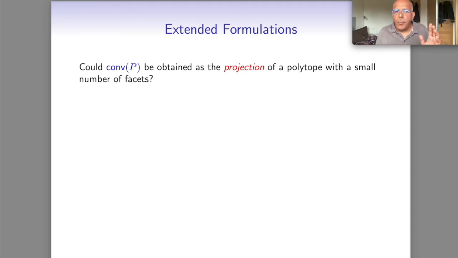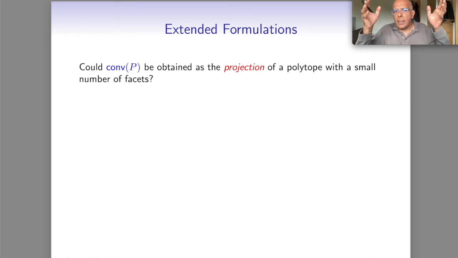Okay. The direct attempt to encode the traveling salesman problem as a linear programming problem leads to this exponential blow up. But that's not what people were trying to do. There's a more subtle way of turning it into a linear program. And that is, instead of trying to describe the convex hull of P, the TSP polytope, directly, explicitly giving all its facets, which we know you can't,